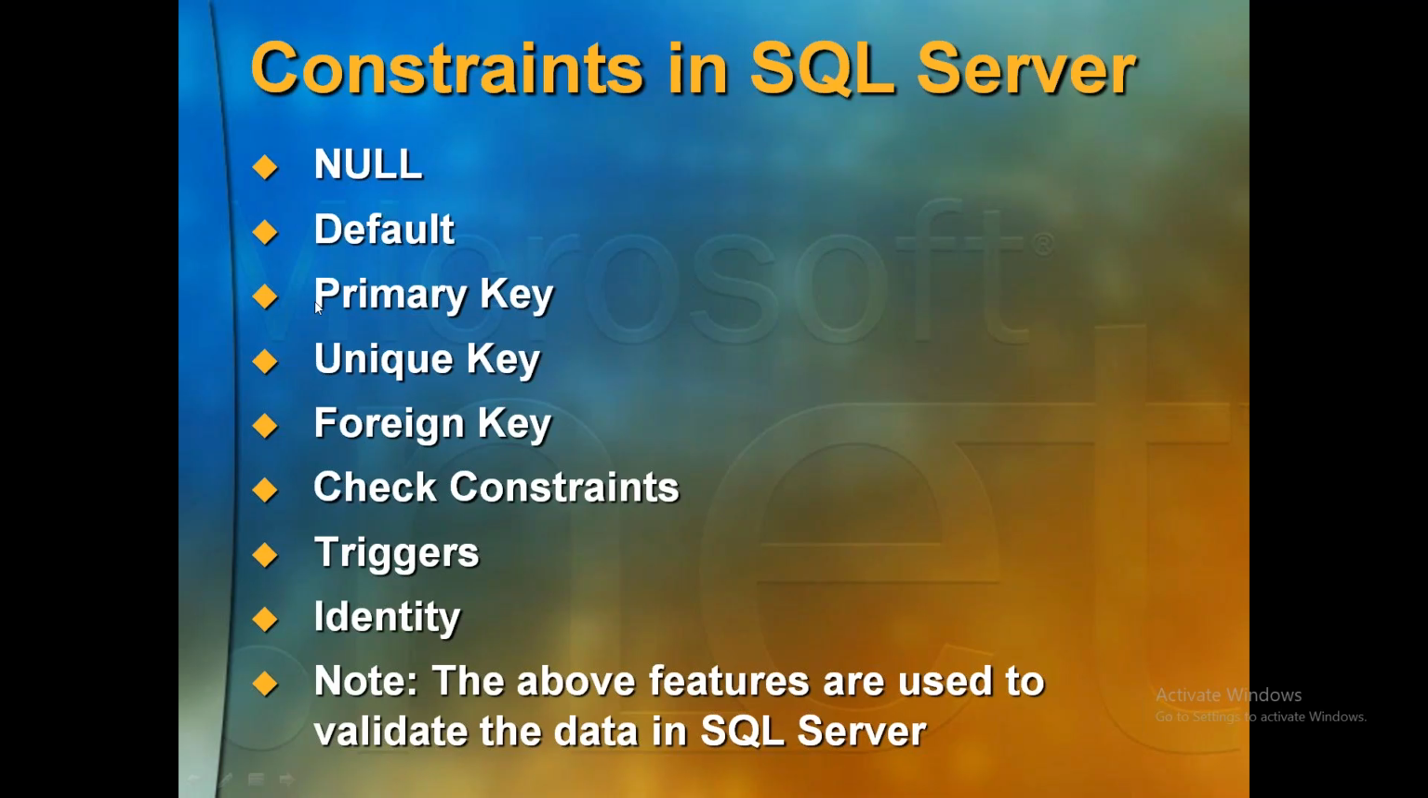GUID is an automatically generated hexadecimal number. It is not like I need one, I need two, I need three. It will not give you like that. It will give you some unique hexadecimal number. Then check constraints, triggers, and identity. Clear? So these are the things we discussed. Triggers we did not implement, we'll see them later. The above features are used to validate the data in SQL Server, but identity is